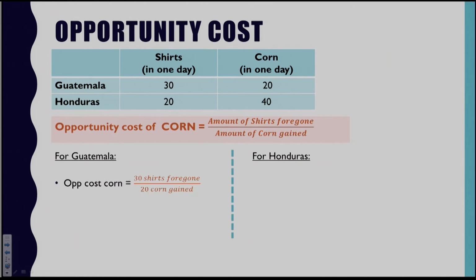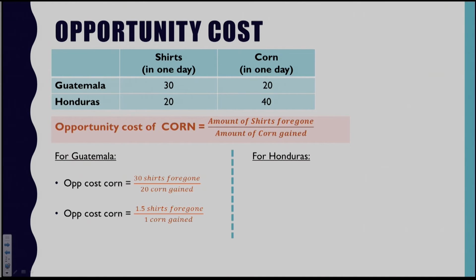Let's see how you did. So for Guatemala, opportunity cost of corn is 30 shirts foregone over 20 corn gained. And hopefully by now you see where I'm pulling that information from the table. But again, we have to reduce it to be over 1. So when I reduce the fraction, I get that the opportunity cost of corn for Guatemala is 1.5 shirts divided